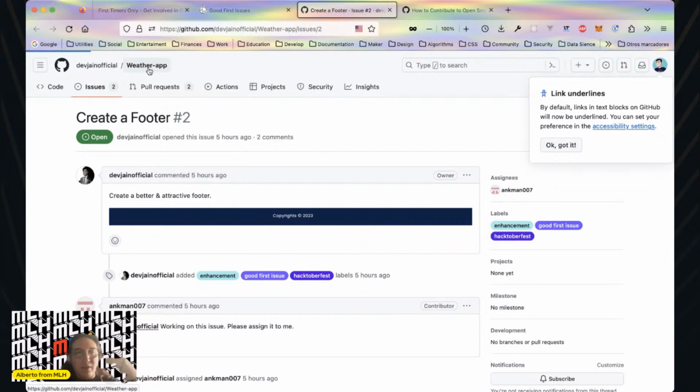So for the other one, the favicon feature, add relevant favicon, they have two pull requests waiting for the response of the creator, and those two are trying to add the favicon. So we probably will need another issue, right? So we can go back and try to look for another.